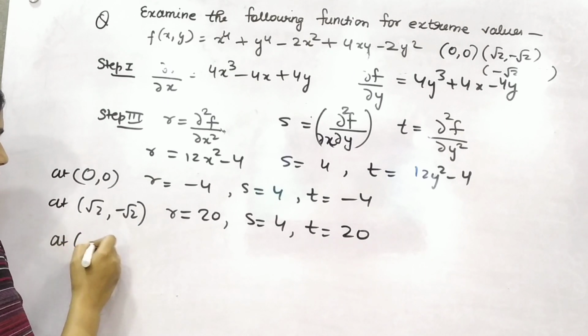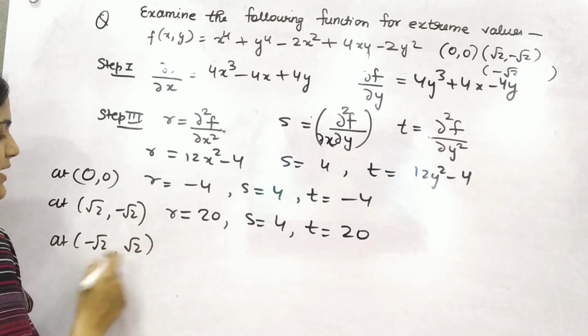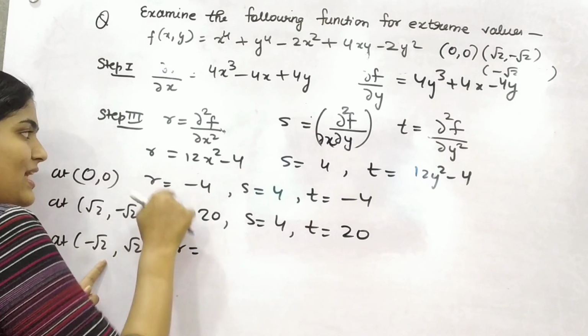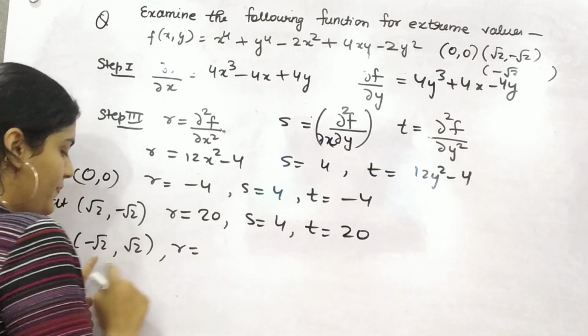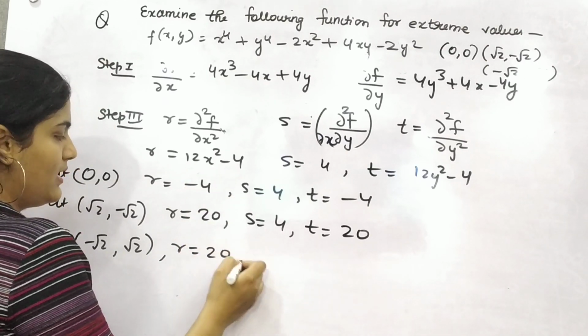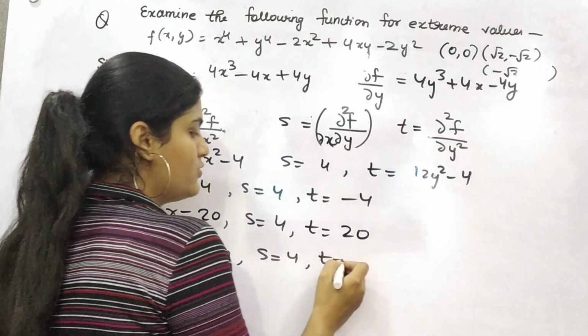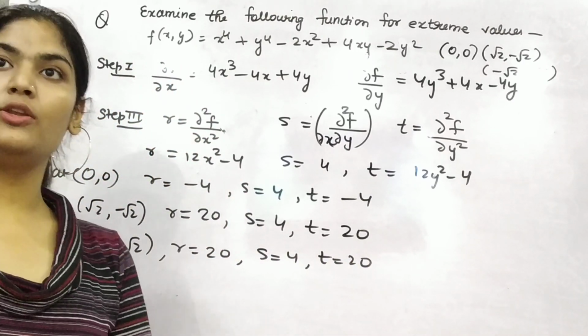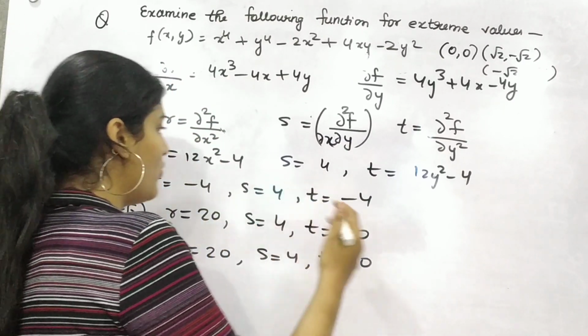Similarly, if you find out with minus root 2 and root 2, again that will be the same because it is squared and the minus sign doesn't matter. So 24, 20. Once you find out your R, S, T, what you need to do, your step number 4 is